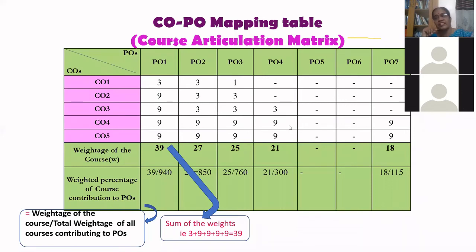Yeah, empty means you can just give 0. PO7, just like this, you have to calculate. So this row in each and every course can be completed only after all the course teachers have completed, including Part 1 Tamil, Part 2 English, as well as any courses taken by the students under NME, life-oriented course, job-oriented course, Part 4 courses, computer literacy, peace education, environmental studies, everything. Whatever be the course that is included in that mark sheet, everything should be considered.